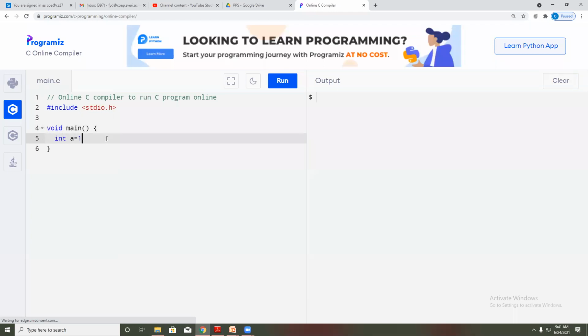Integer a is equal to 10, comma, b is equal to 20. If a is greater than b. Recording should be started. Yes, it is started. Printf a is largest number.